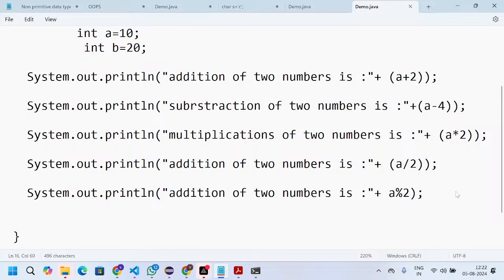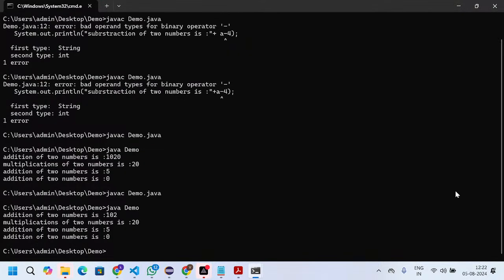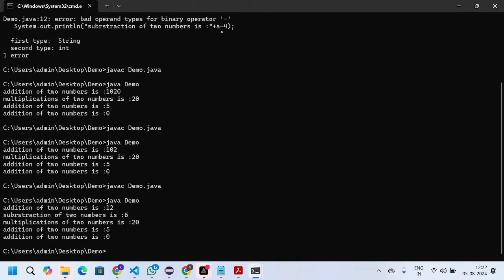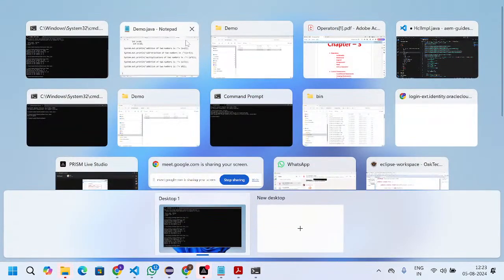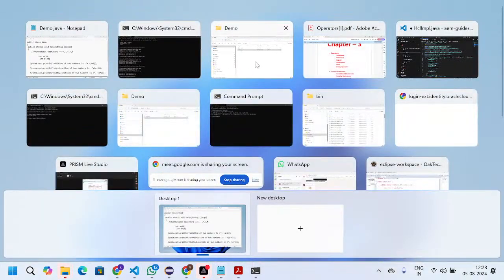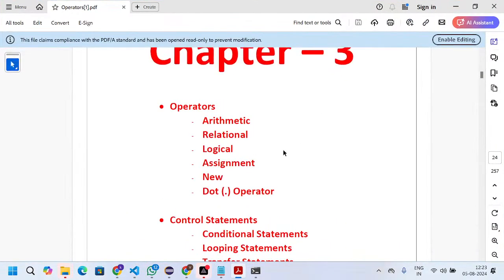Okay, you can come here, and then again javac, and the file has compiled, and you will get the result. These are, I would say, the arithmetic operators, where we have the five: addition, subtraction, multiplication, division, and modulus. Okay, and then after that, we have the operators.